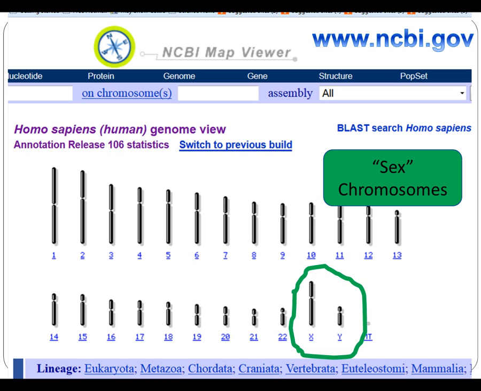Let's not even look at the genetic level. If something is bigger and I want to move it from one person to another, it's going to be heavier. The X chromosome is heavier. It doesn't look like much, but inside of a tiny little flagellate sperm, it takes a little bit of extra